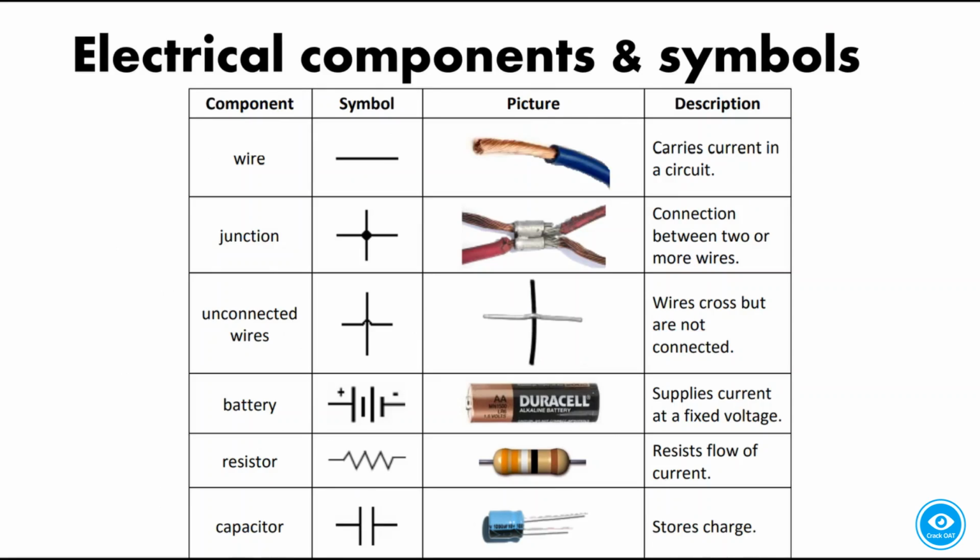So wire is just a solid line. Junction is when two or more wires are connected, and that's depicted by just any type